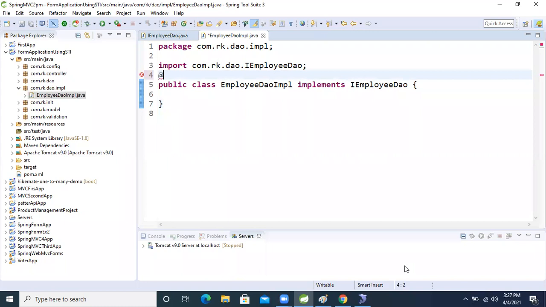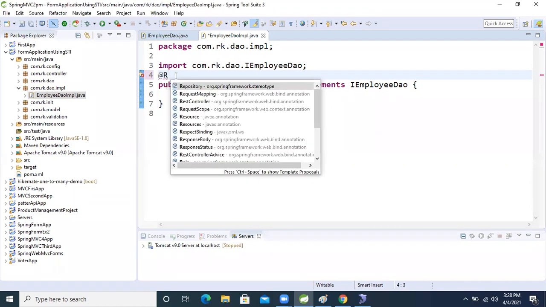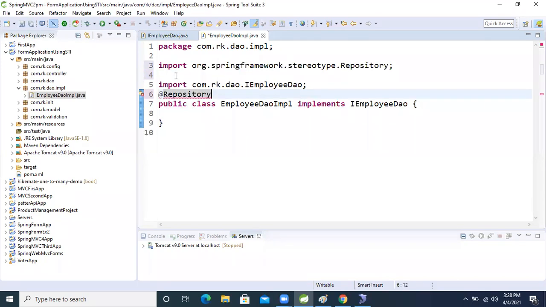I want to see how many people remember which stereotype annotation we use in the database layer. Just two people. What about others, guys? Active. Okay, so we will apply the Repository annotation, right? Repository annotation.